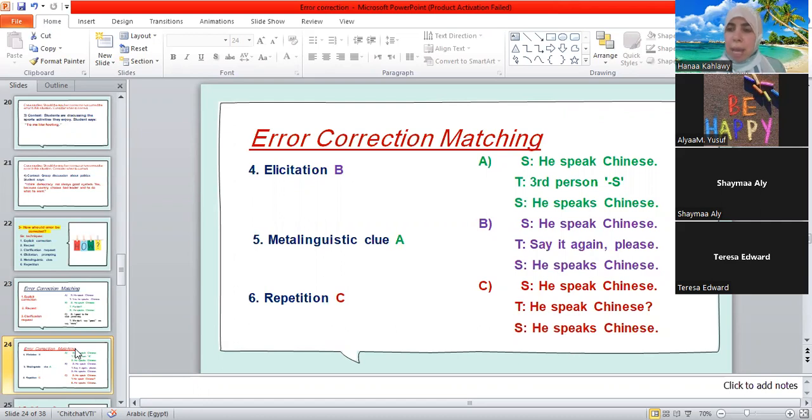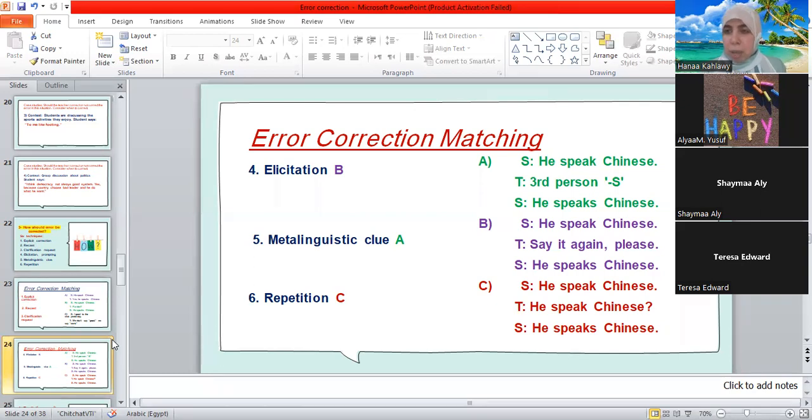Meta-linguistic clue, you give him a clue, and it's suitable for advanced students or older students, because young learners, in fact, don't know the concept. We teach them present continuous without saying that we are learning present continuous. We teach them present simple without saying we are learning present simple.